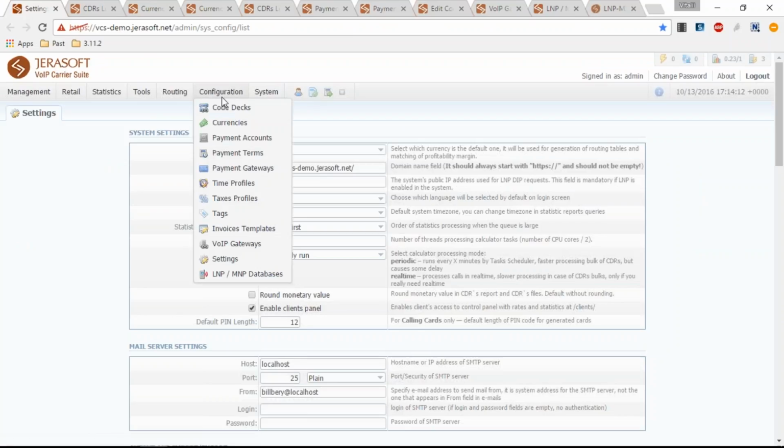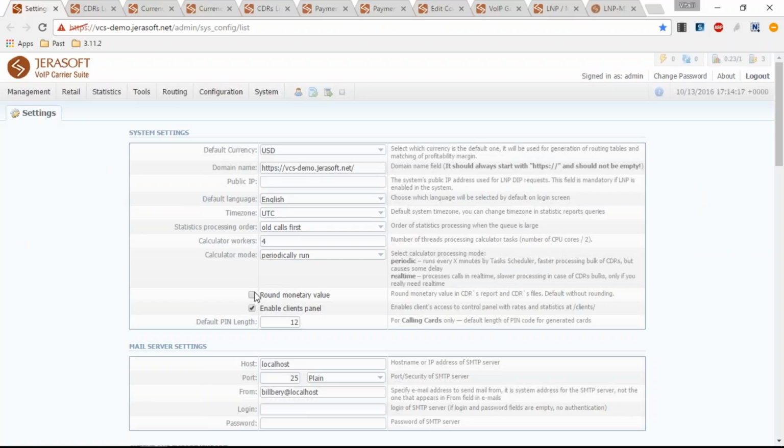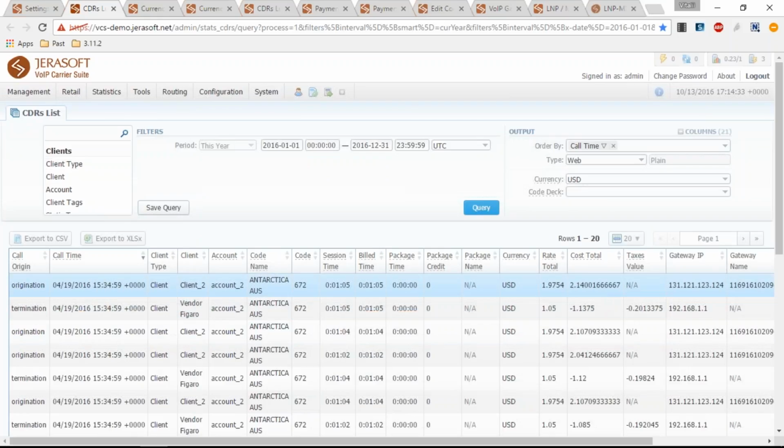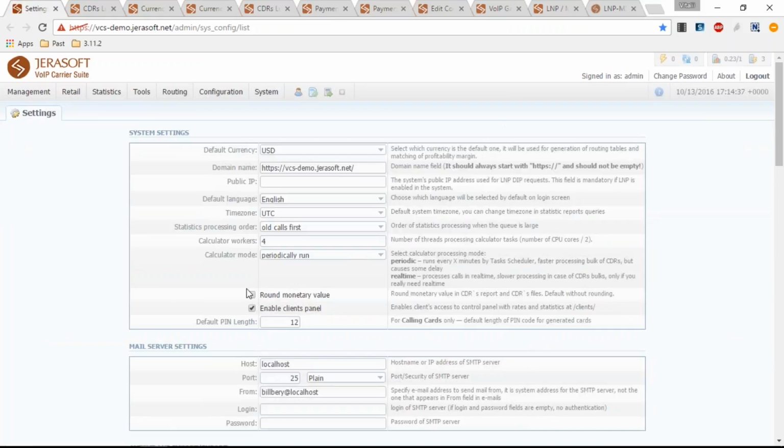And one more tiny improvement that maybe makes your life much easier. I'm going to the configuration panel and opening settings, general settings, where you will be able to find the new option, round monetary value. As you know, when you generate some CDR reports, you get rather long values for cost total, rates, etc. Right now, when you activate this option,